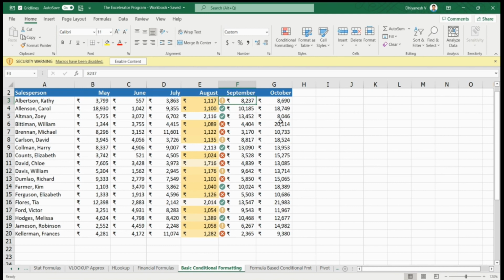So this is basic conditional formatting, which is already predefined. You need not apply any conditions. In most cases it is pre-applied. You can use that directly, unless you want to specifically change it. In the next video, we will be seeing the formula based conditional formatting, which is the sixth type of conditional formatting we are about to see, and that would be entirely based on your input, your selection, and your predetermined